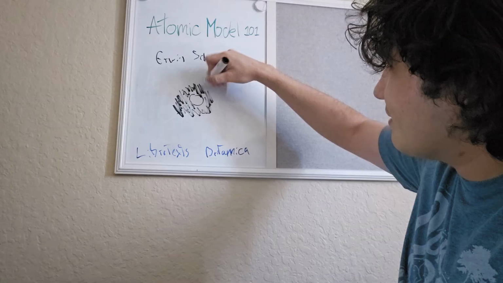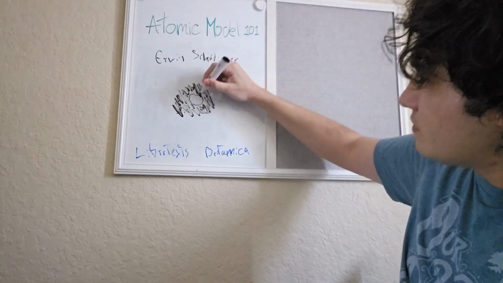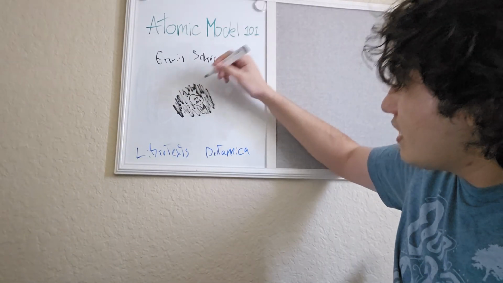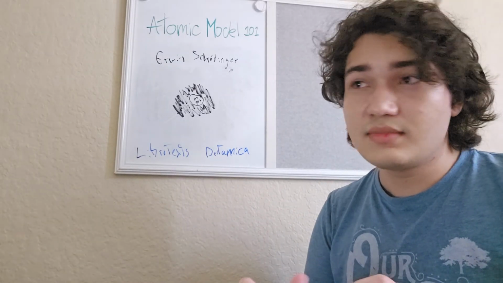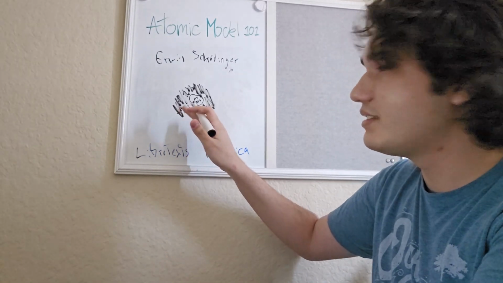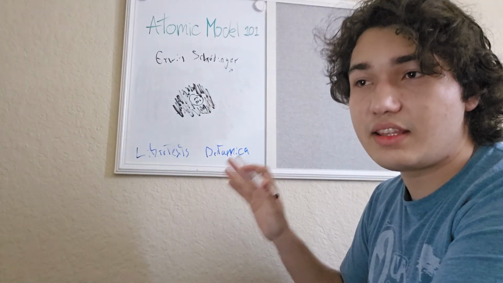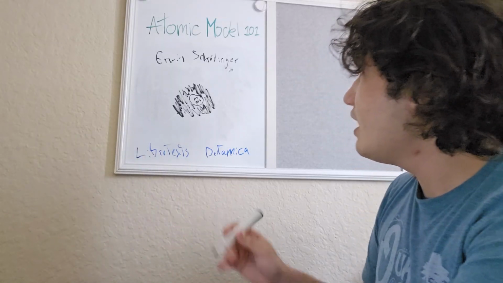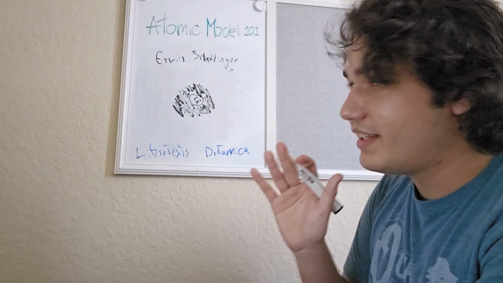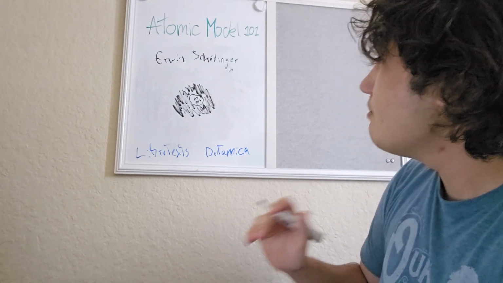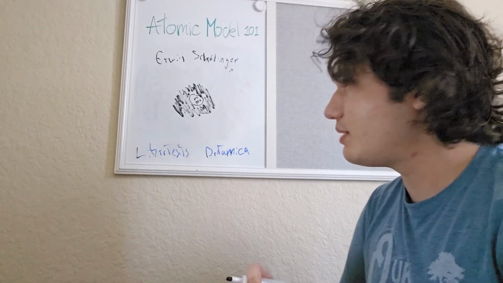I'm so sorry, I'm terrible at drawing. But basically, the idea is that at the center we have the neutrons and the protons, and this will be an electrical field where the electrons could freely move around. And as you can see, this is the evolution from not just the Bohr model but the de Broglie model as well. And basically, this is the most accurate but the most complicated one, because not only do you have to worry about where the element is or how many electrons it has, but you also have to worry about